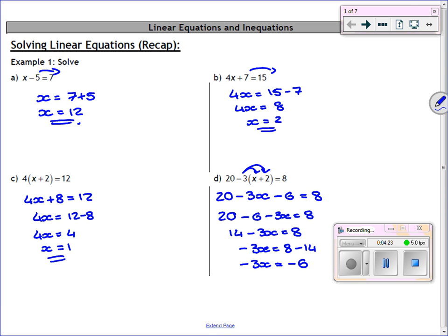Now, I'm very aware that you will have taken a different route to get to that stage. That's not a problem, whatever one works best for you. But we've got a stage now where we have minus 3x is equal to minus 6. An equation is not solved until we get the line positive x equals. We don't have that, we have minus 3, so I'm going to divide both sides by minus 3 here and get x is equal to minus 6 divided by minus 3, which from your rules of integers you'll know that x is equal to